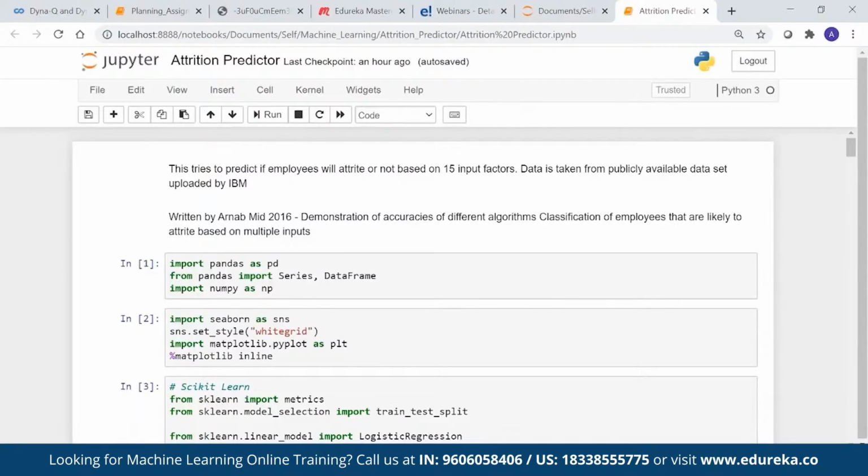Now I will show you 2 examples of hands-on. One, I will train and run the model in front of you. And the second is a reinforcement learning model which takes some time to train. So I've already run it, but I will show you the output and I will show you how the model